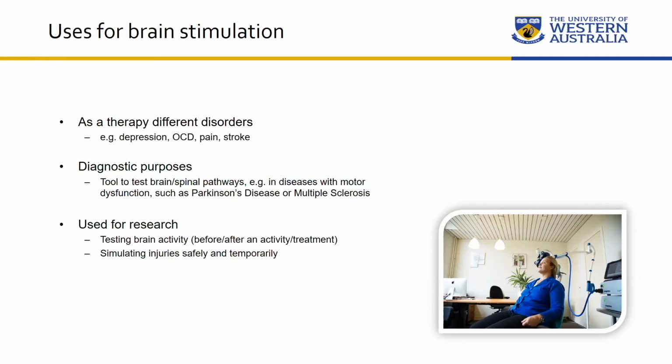So you can get someone to do an activity or do a procedure on them, and then you can apply brain stimulation before and after that and see how exactly